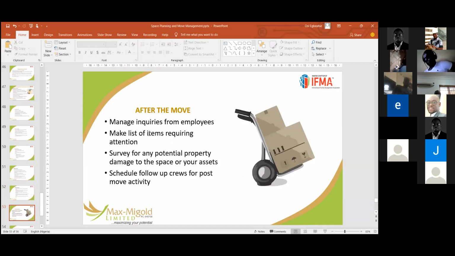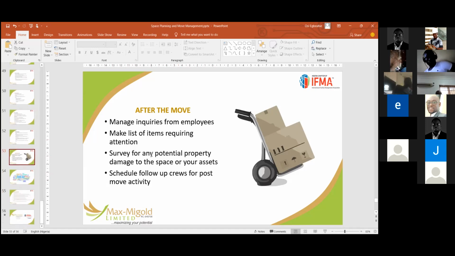Make a list of items requiring attention. Survey for any potential property damage to the space or to your assets. Schedule a follow-up crew for post-move activity. You must go back and check where you moved from to ensure that everything has been moved properly, to ensure that you do not forget